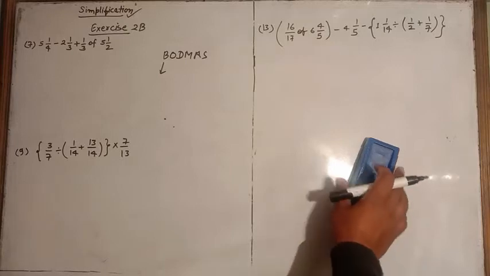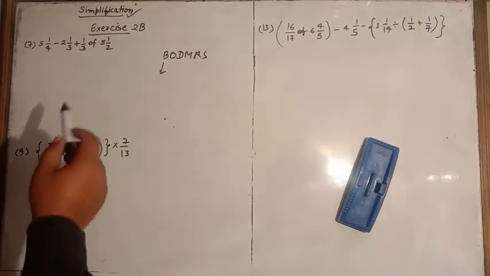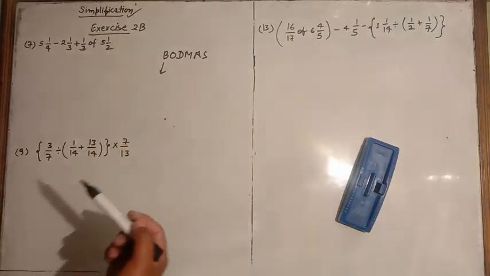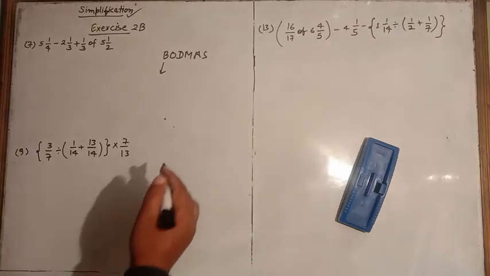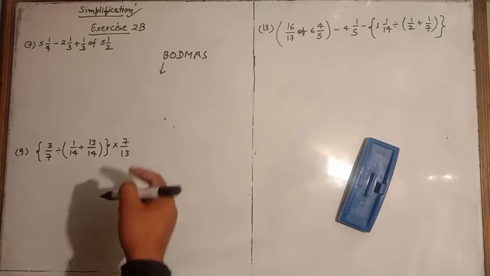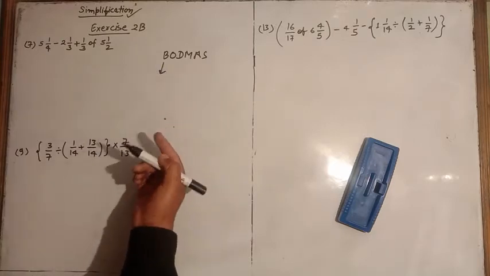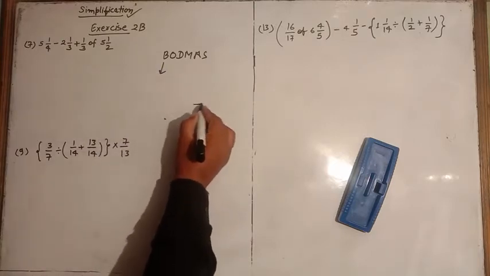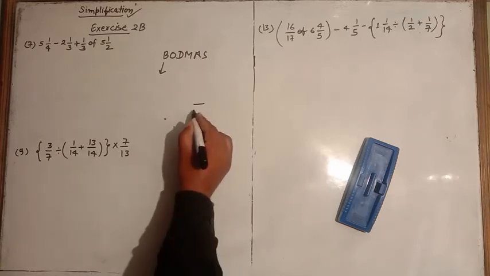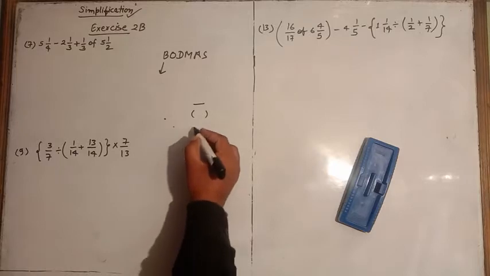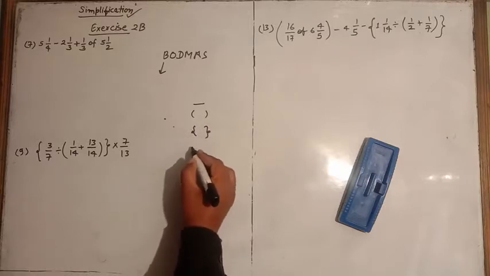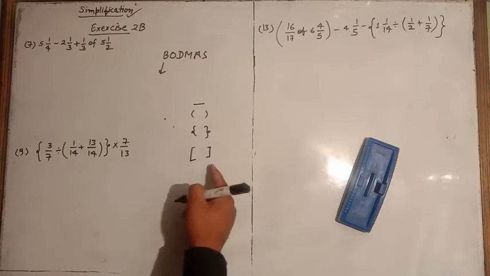Hello students, in this video we will do some of the questions related to simplification. Before doing questions we have to know a few things, like the rule of BODMAS, which says first we will solve the bracket. In a bracket there can be a bar like this, or this one, the small bracket or parenthesis, this one the curly bracket, and at last we solve the square bracket or big bracket.